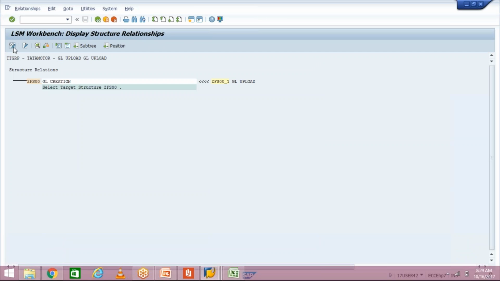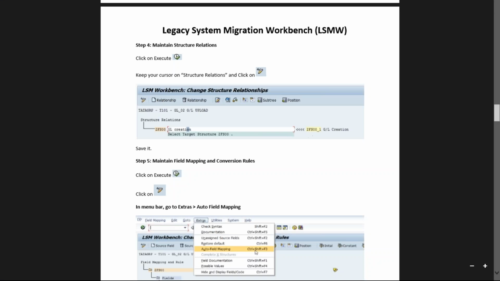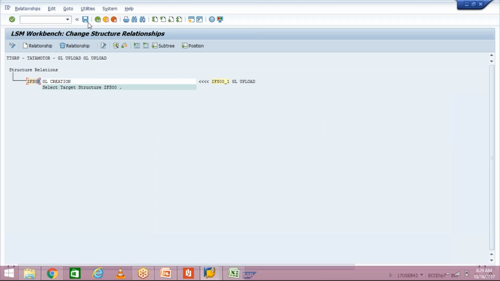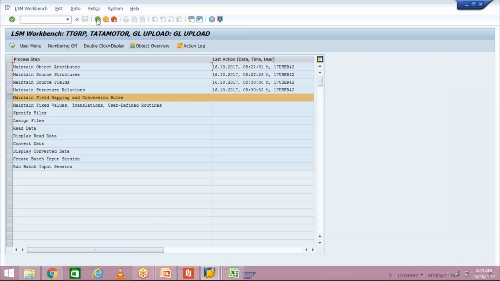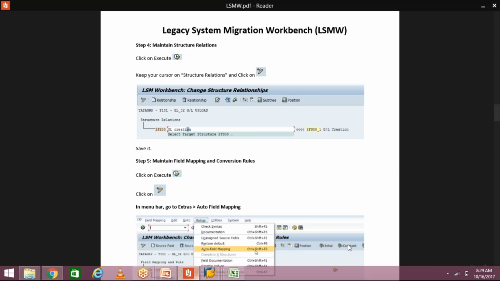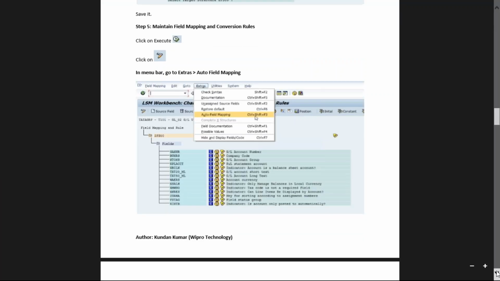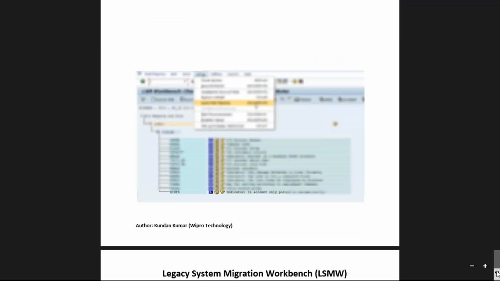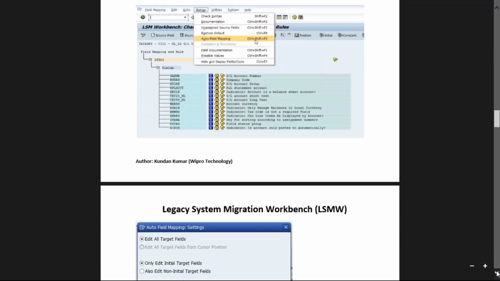Here we have to edit, and then after editing we have to save it, nothing else. Once we edit, just save it, come back, and then double click on field mapping and conversion rule. Let's see what we have to do in this step. Click on the change button, go to the menu bar, extras, auto field mapping, and then we have to do this one